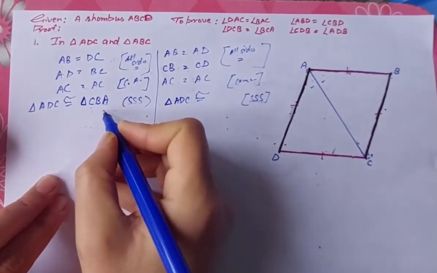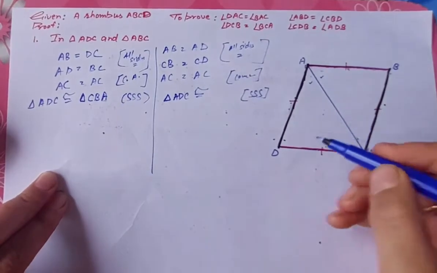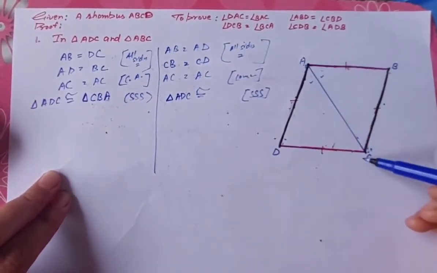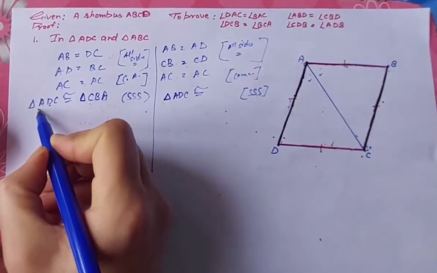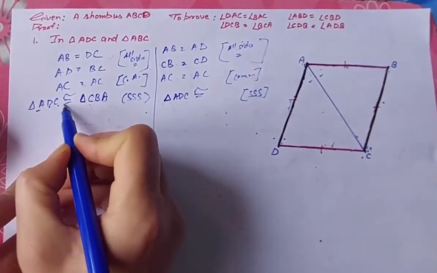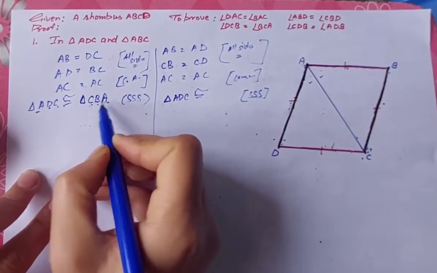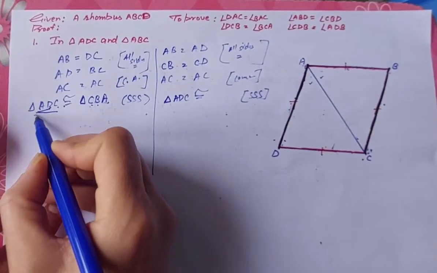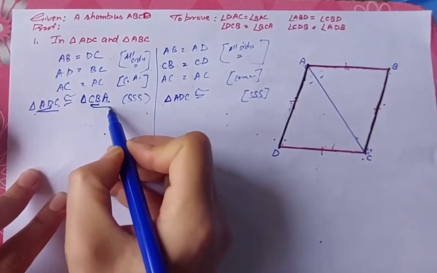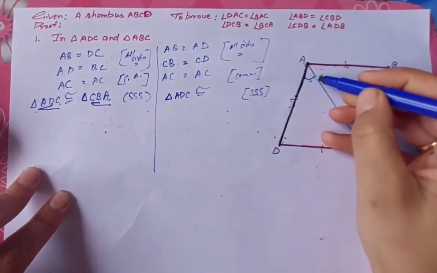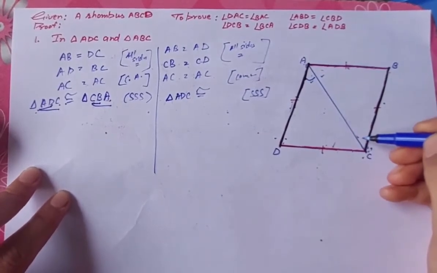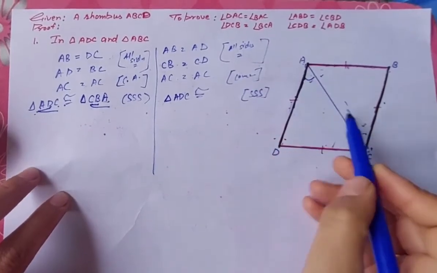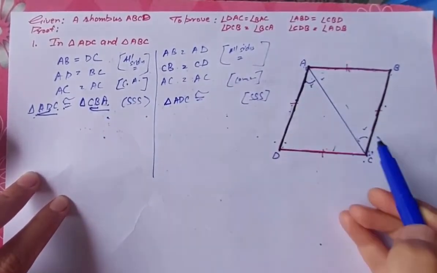Here you can see which angles are equal. Let's see, angle DAC. Angle DAC will be equal to angle BCA. DAC: D to A, then to C. Here from B to C, then to A. So angle DAC has been proved equal to angle BCA. These are CPCTs as per this. But do you want this equals this?